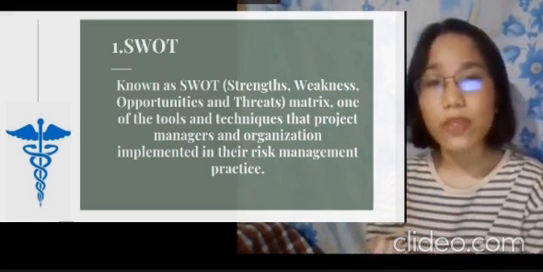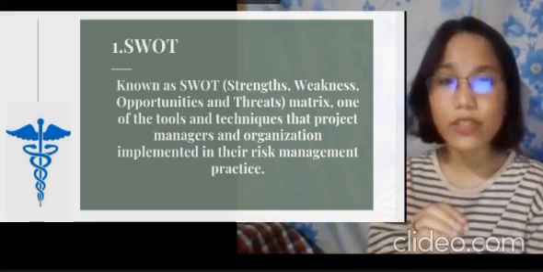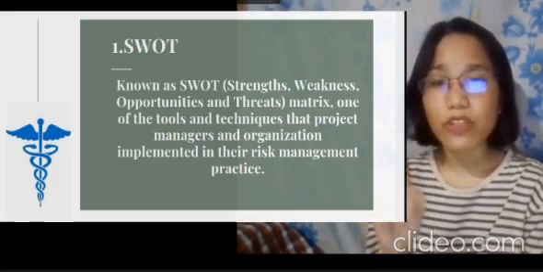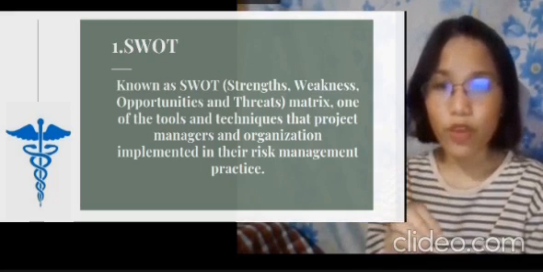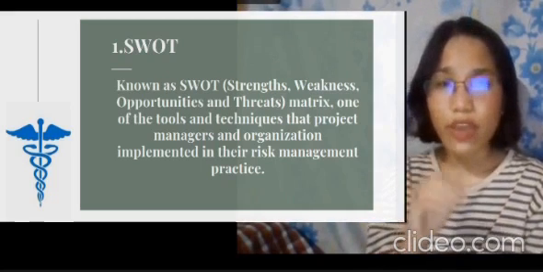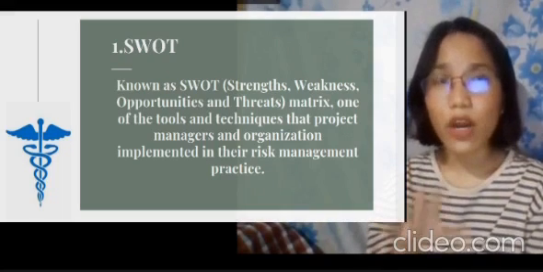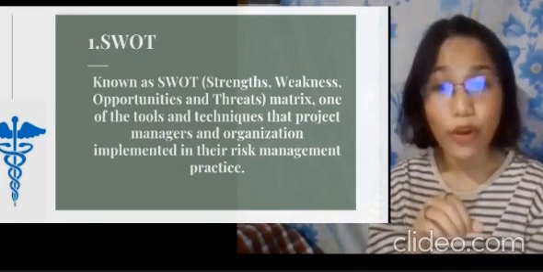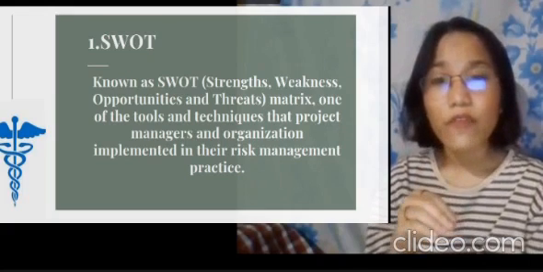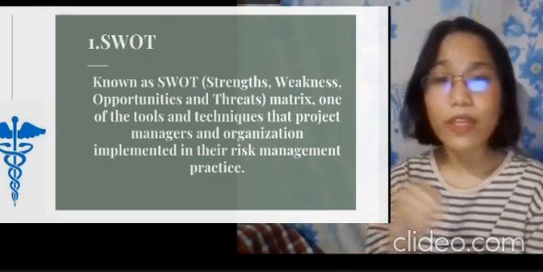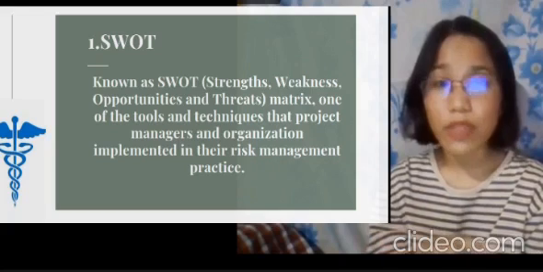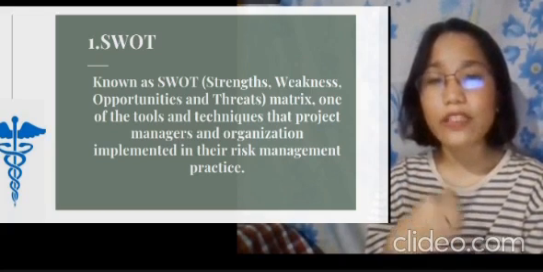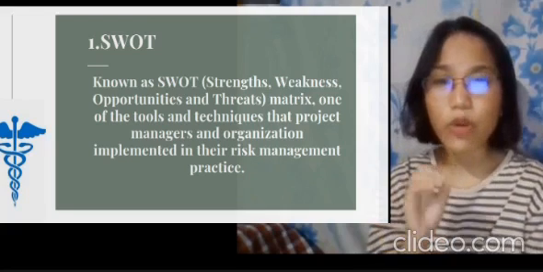For example, the hospital is big, so it can cater to a lot of patients. Indeed, in this pandemic, but you have few medical practitioners left because of COVID. So the strength there is how wide the hospital is, and the weakness there is the lack of manpower within that hospital. For the opportunities, you can still put the area of the hospital. For the threat is the COVID and the leaving of medical practitioners because of the COVID.